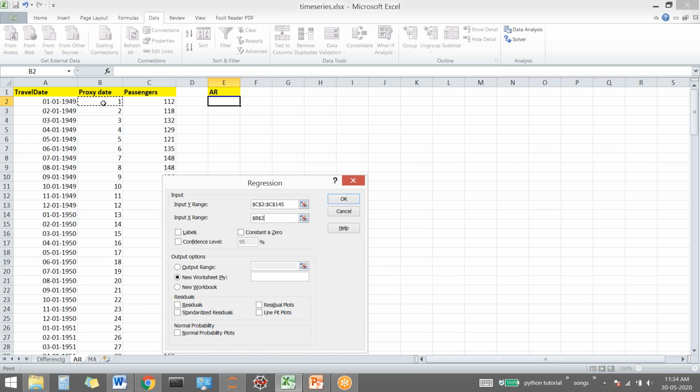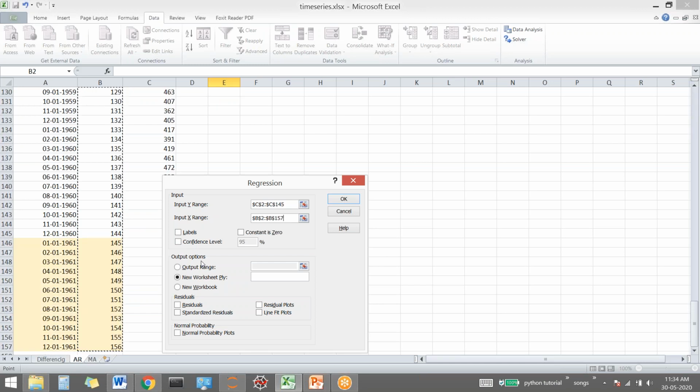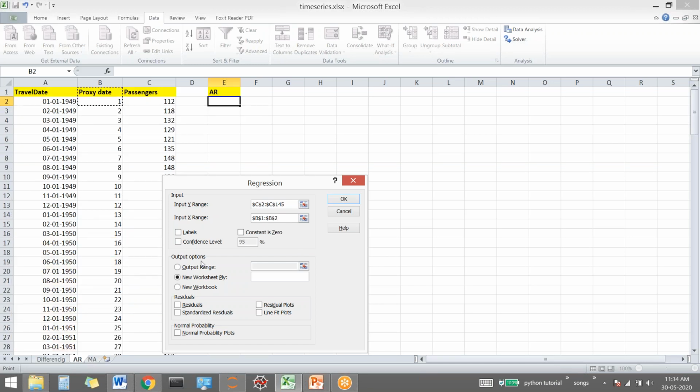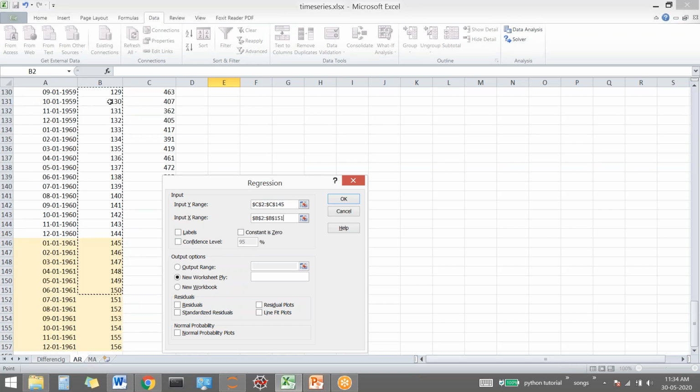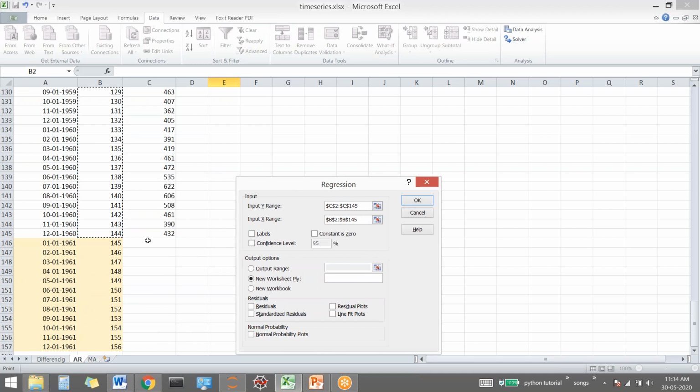I'm not taking it till the end, because at the end I have to make the prediction. Okay, so this is my feature which we'll be taking into consideration.